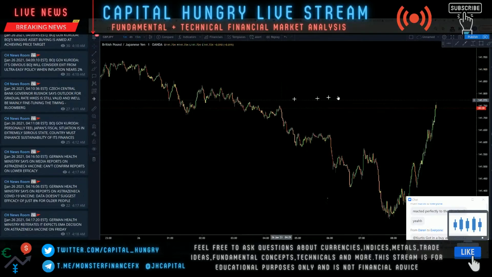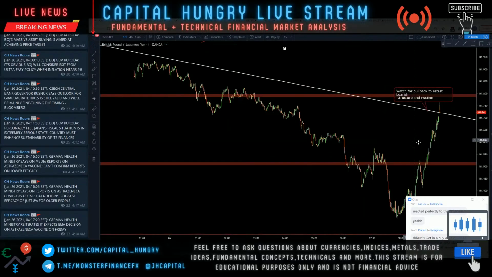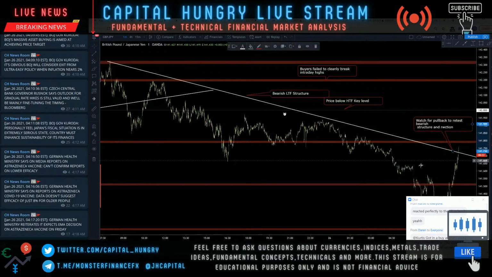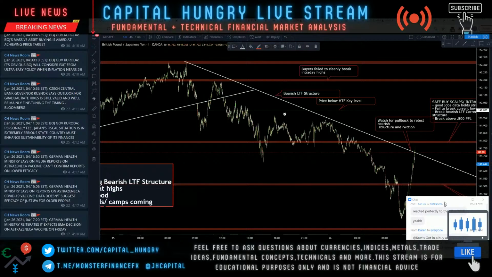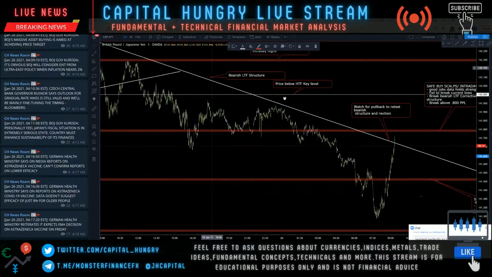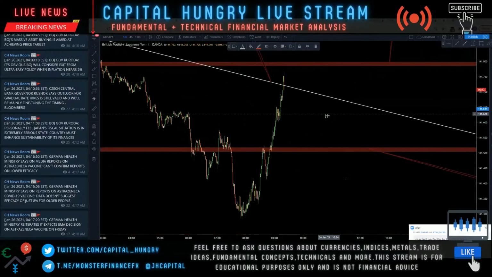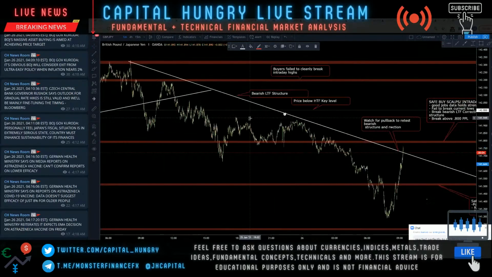So what I'm saying is, on the lower time frame, we're reacting around 0.800 and this bearish market structure that has primarily been respected for the last few days, right? Ever since buyers started cashing out at those intraday highs. You can even see right now we're getting a pretty strong reaction at this area. It doesn't mean to sell. We're just getting a reaction here at this market structure retest point.